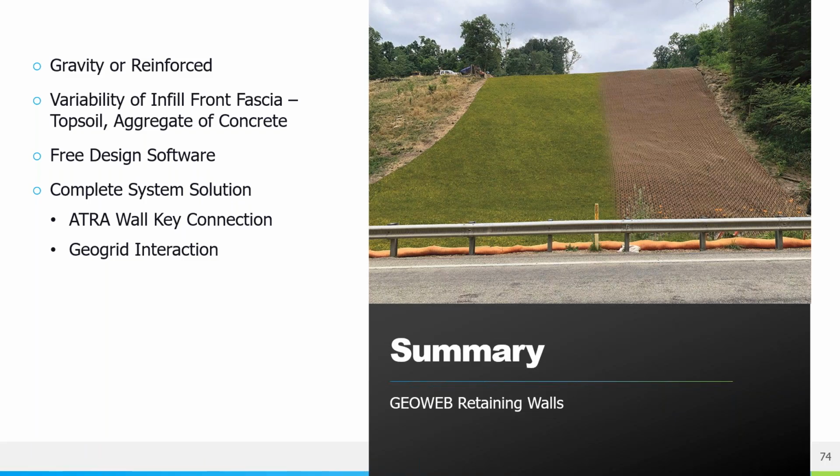So we made it through. I know there were a lot of different screens popping up, so I hope you were able to follow along. Like I said, it is a very, very easy software to use. GeoWeb panels have been used for walls for basically 40 years. The good thing about the walls, besides being very flexible in differential settlement, is that we can fill that front fascia with either topsoil and vegetate it, or, if it's a more durable surface you're looking for, aggregate and concrete for more of a hard armor surface, maybe by the side of a creek or some of those hurricane channels that I showed you before.